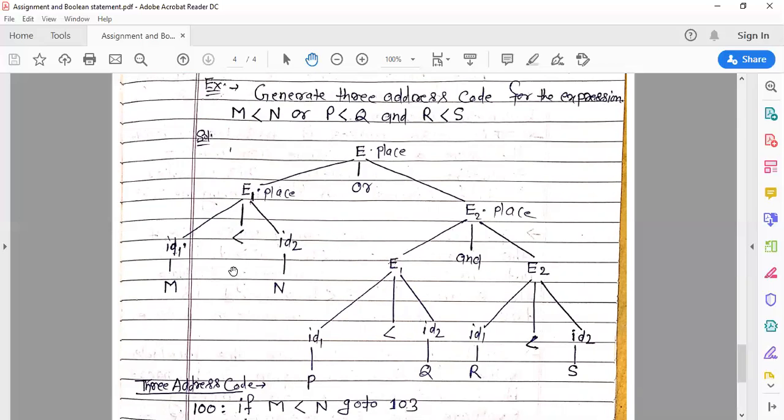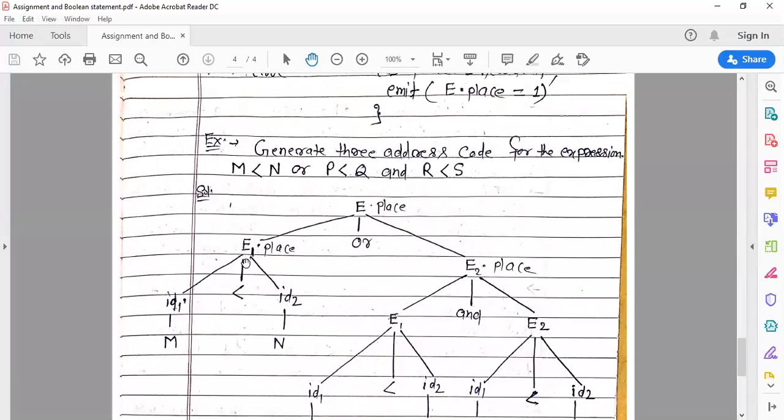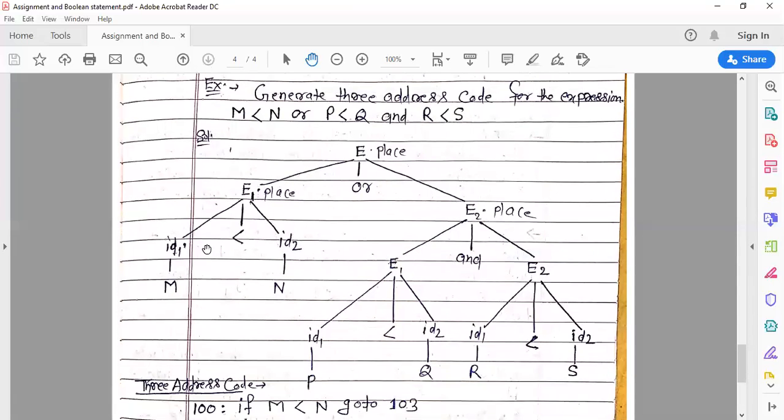Here you can see id1 is m and id2 is n. This id1 less than id2 is reduced to E. So how do we evaluate? We apply the bottom-up technique.